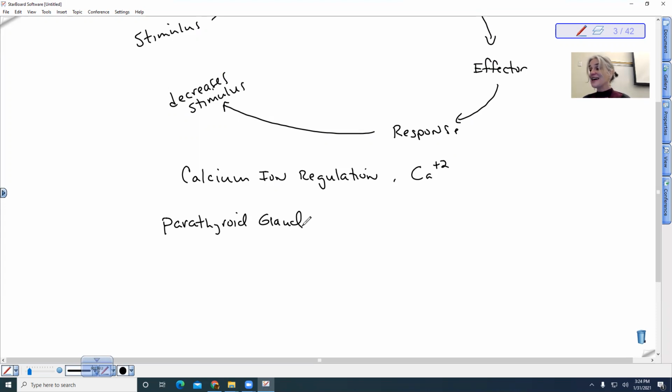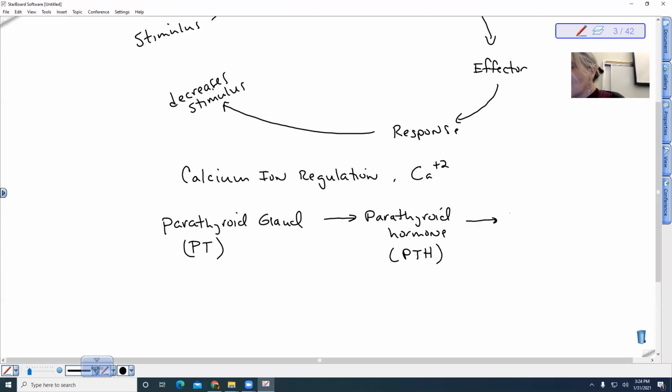So if it senses that calcium levels are too low, it produces a hormone. It produces parathyroid hormone, PTH. So this is your parathyroid. This is PTH, parathyroid hormone. And this actually causes osteoclasts, which are cells that break down the bone. So they break down bone matrix. This is your effector, in your skeleton. They break down the bone matrix